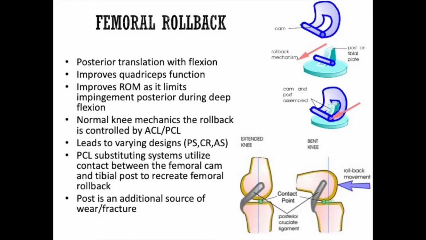So what this does is it allows us to improve our range of motion so that the posterior femur does not impinge on the posterior tibia as we go into flexion. This is what allows humans to get 160 degrees of knee range of motion without dislocating the knee or significantly